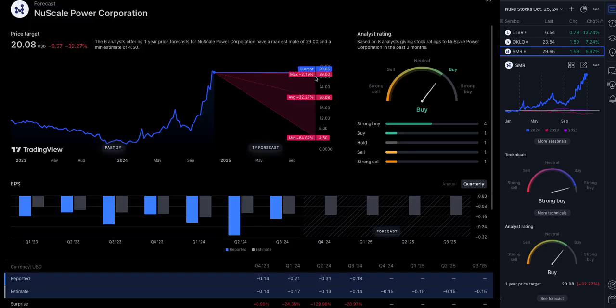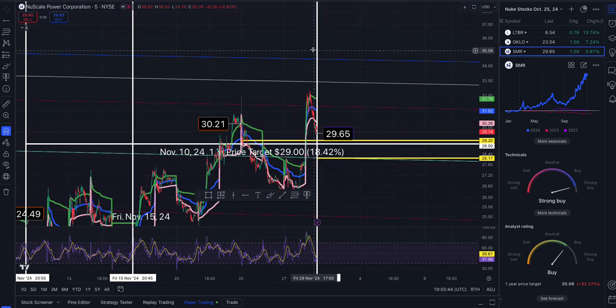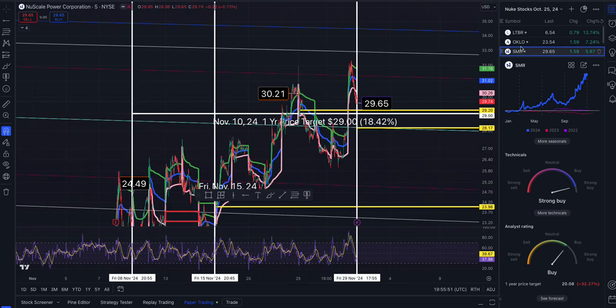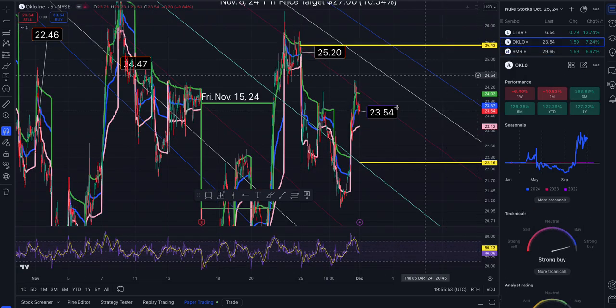Nope, they're predicting just a downward action, but I don't think so. Those are your targets to the upside, and always, of course, there is a downside. Did I mark out OKLO? Yes. And one other thing I want to mark out at the end of the week,